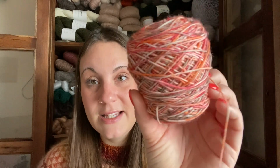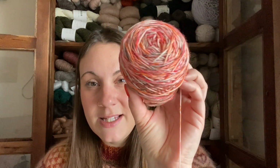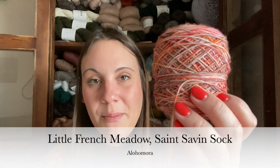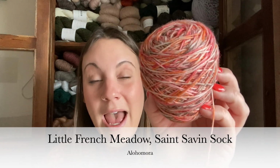So we'll say it's old. If you can't remember when you started it, it was probably a long time ago. The 2 yarns that I was using to knit this was this variegated orange. This is Little French Meadow. I don't remember the base. I will go look that up and put it on the screen, but this colorway was Alohomora, like the spell